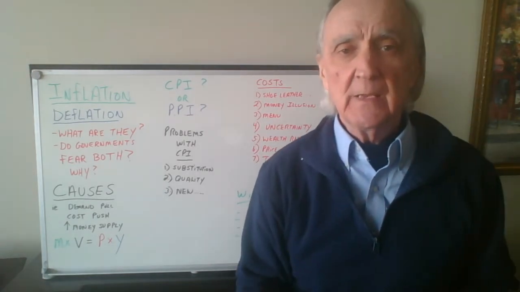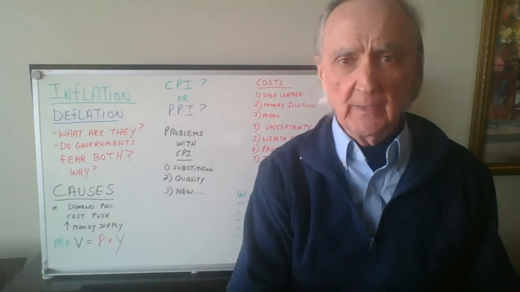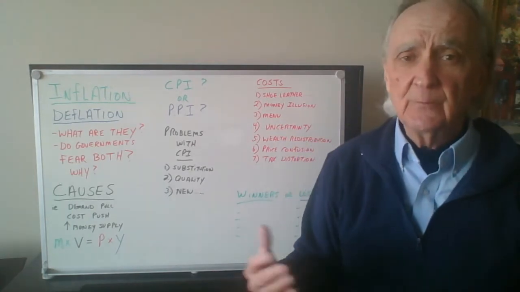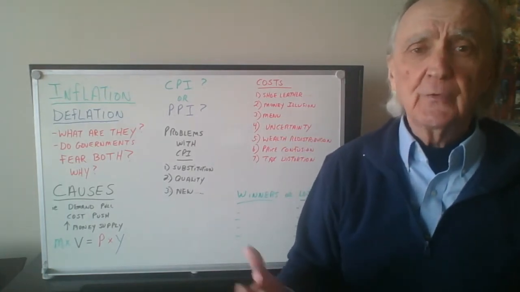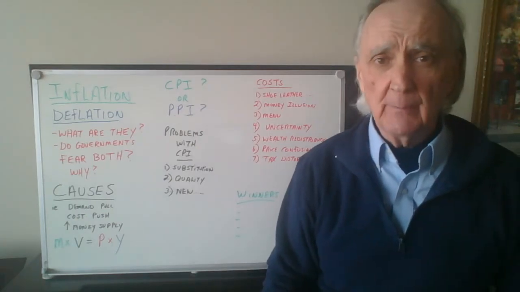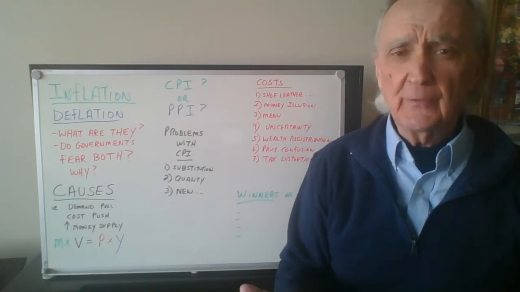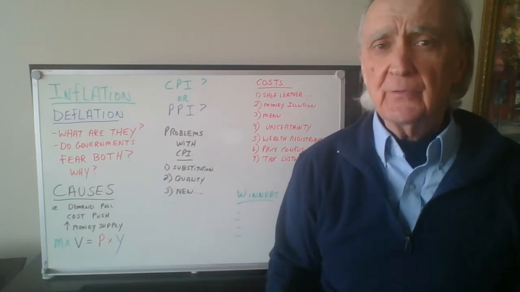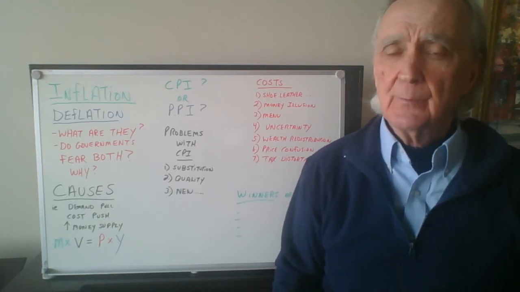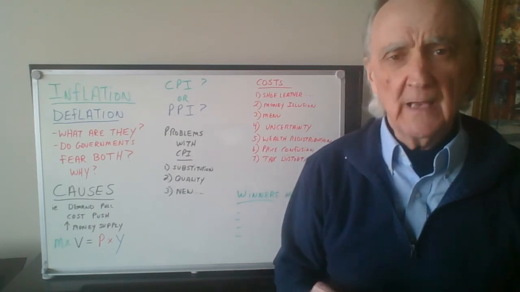However, that can be just as bad or even worse because, for example, what happened during the Great Depression, we had deflation running 30-some percent. Prices were going down that much. Now, you and I might think of prices staying the same or maybe going down a touch. That doesn't sound like such a bad idea. But when it goes down 30-some percent, what's happening? Well, people are holding on to their money.